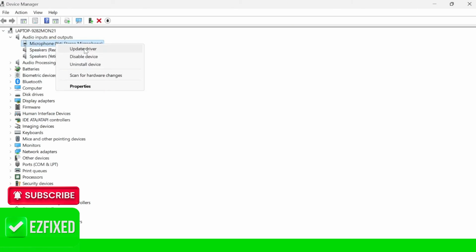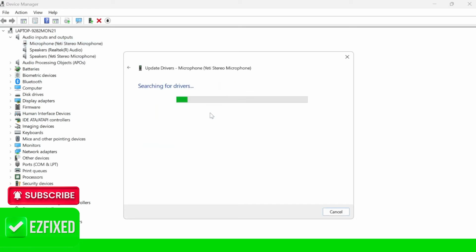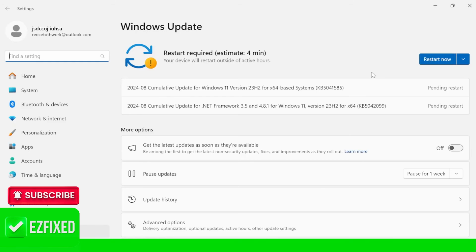So we're just going to right-click on this, come into Update Driver, and then press Search automatically for drivers. As you can see, I'm already running the latest drivers for my device. And we can even go one step further here and press Search for updated drivers on Windows Update. Then click this Check for Updates button and just install any pending updates that you have inside of here. Now, this may require you to restart your computer, so go ahead and do that if it's asking you to